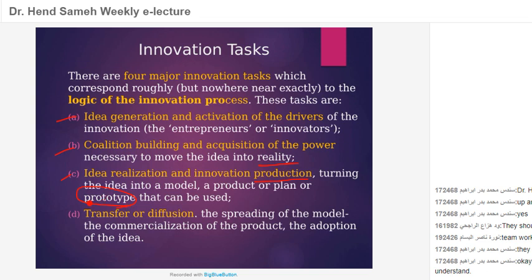The final task is to transfer or diffuse these ideas because now it's a product. It's not an idea anymore. It's a new product we can disseminate, we can distribute in a task or a phase called commercialization. Which means it's now in the market, commercialized in the market. So these are the 4 innovation tasks. Okay,